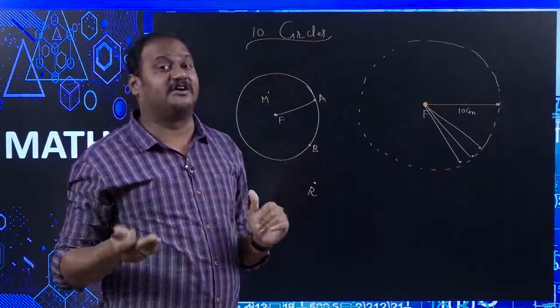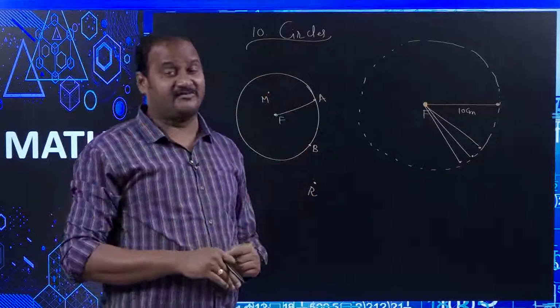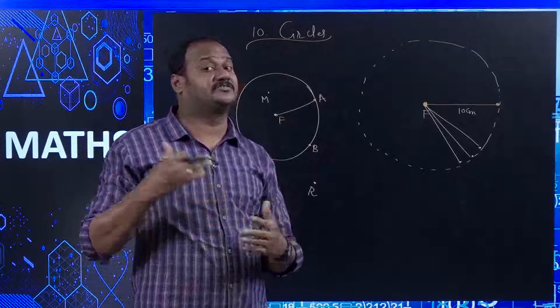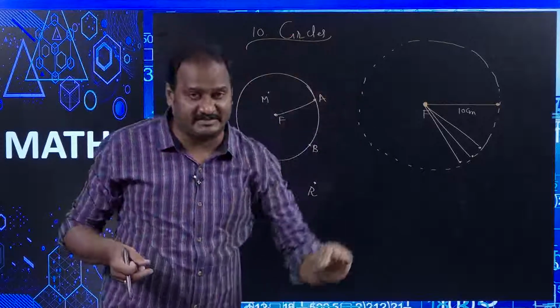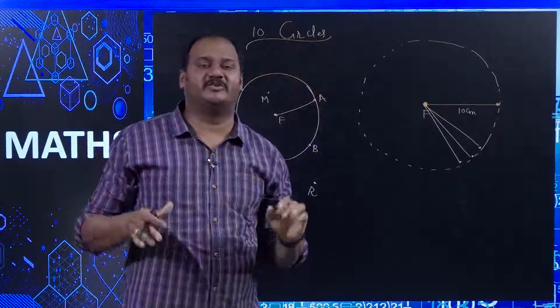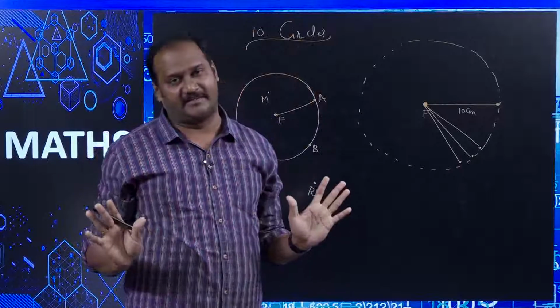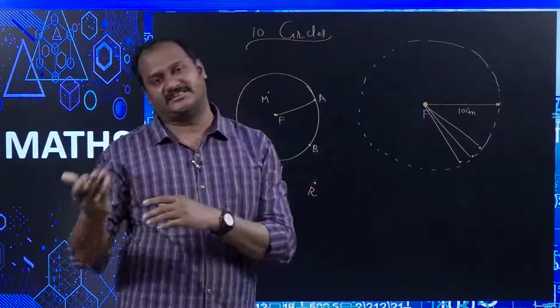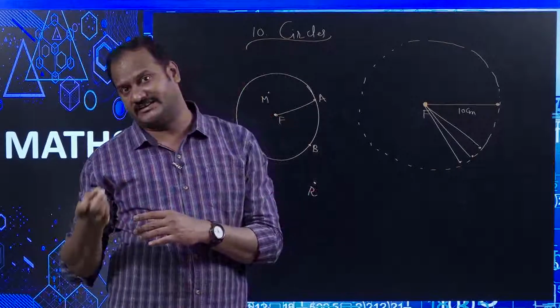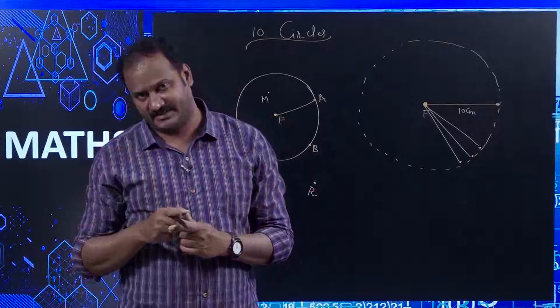The center of the circle belongs to its interior. Then what are all the points called? The points belonging to the circle. Whatever point you can take on the circumference of the circle is said to be a point belonging to the circle. Otherwise, that point belongs to either the interior of the circle or the exterior of the circle. That is the importance of the definition, right.